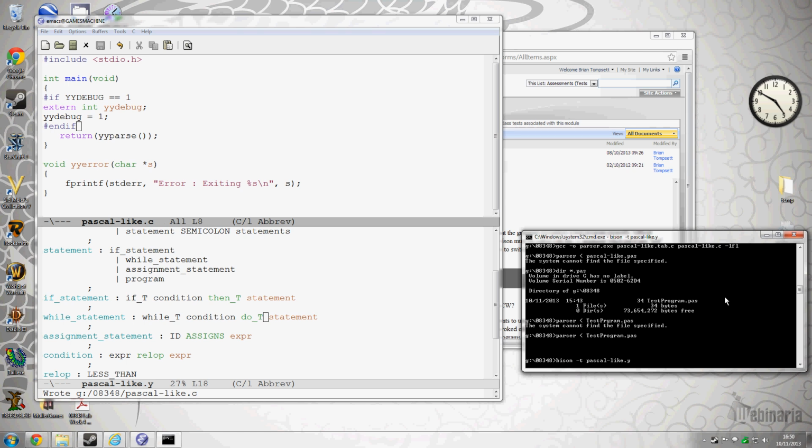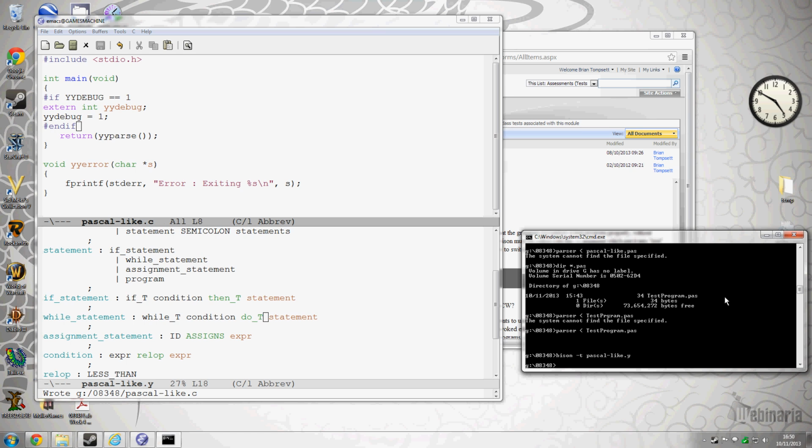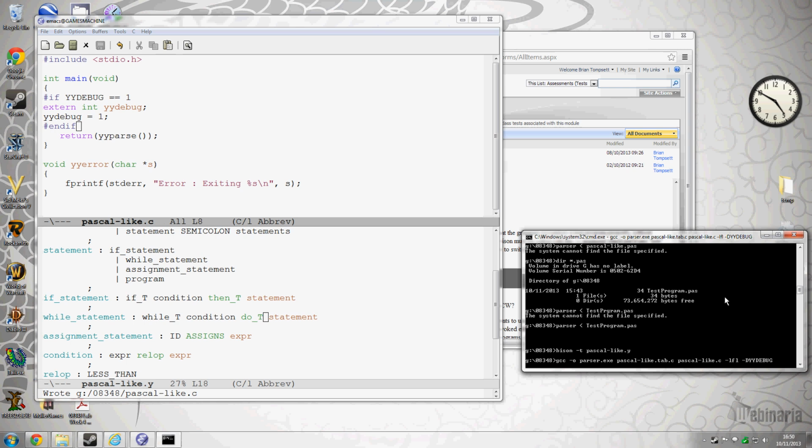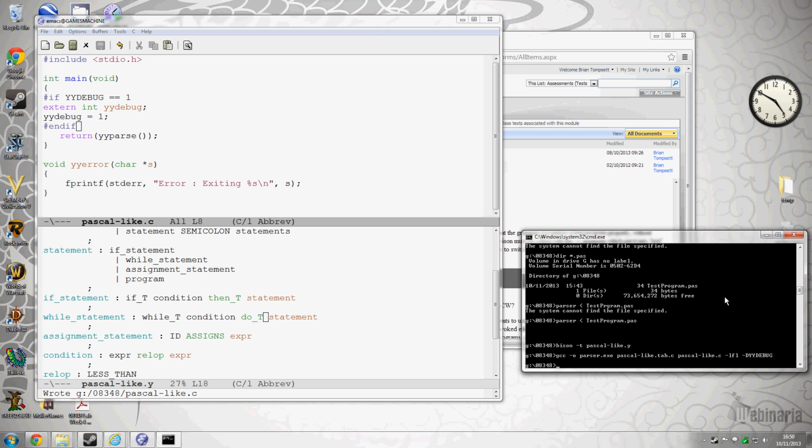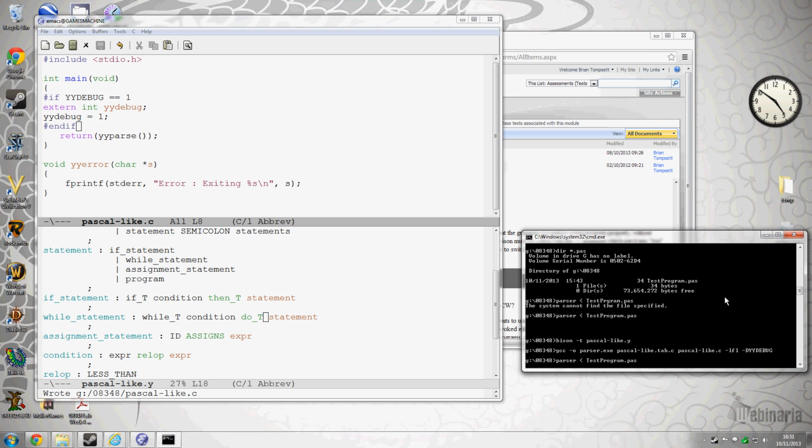I don't need to run it through Flex because I haven't altered the Flex files, and now I just have to go to my GCC line. I do have to add -DYYDEBUG because I've used another flag in that main program to turn on the output, and then if I run it on my test program,